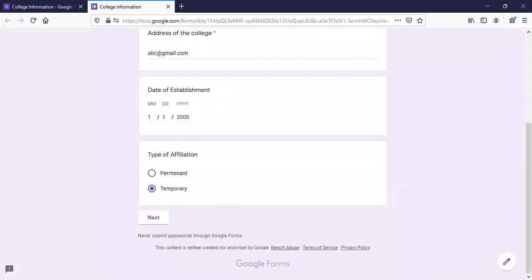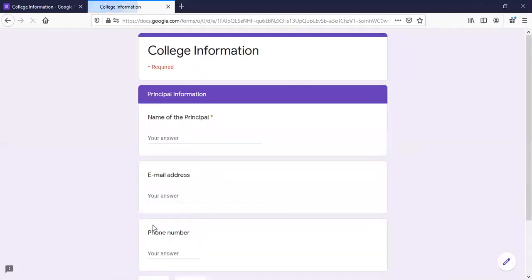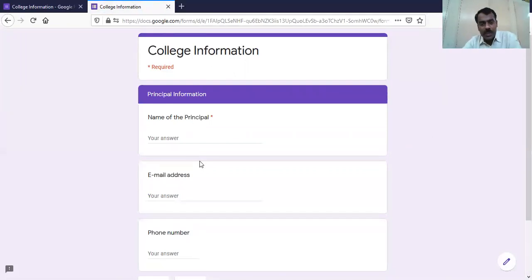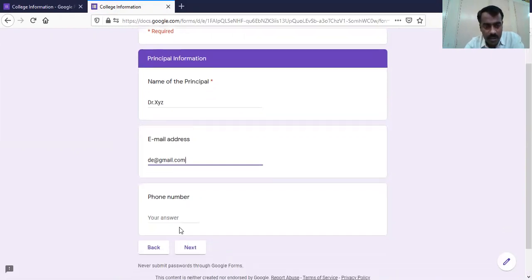Then after selecting this, click on next. If you select next, then it will ask for principal information. So Dr. XYZ and his email address, gmail.com, the institution address, phone number.